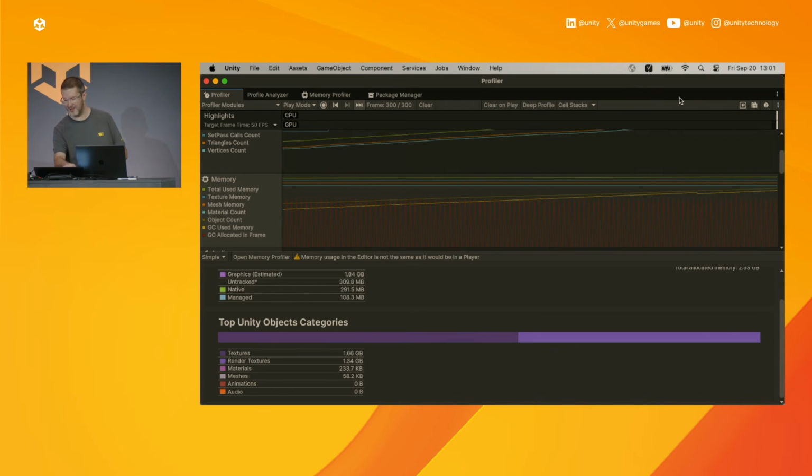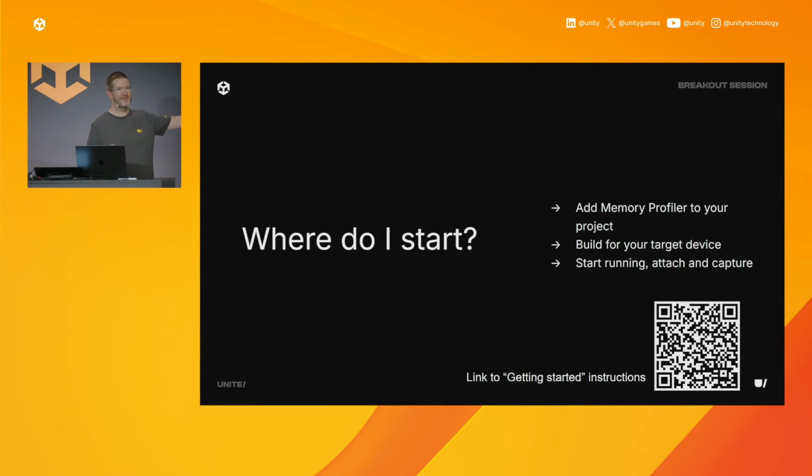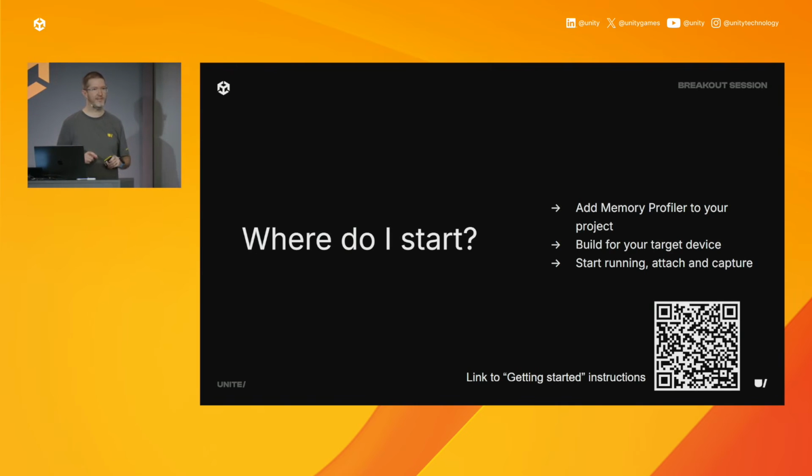I am going to go back here because, once again, this is a package. And this will be a link to the documentation. If you're not sure where to get started, follow the QR code, add it into your project, build for your target device, start running your game, hit capture, and see what you find. So Pete and Sam get this package installed, they start it up,